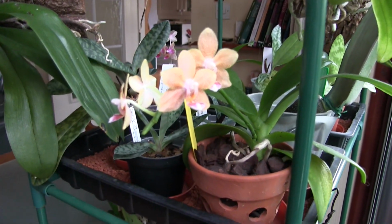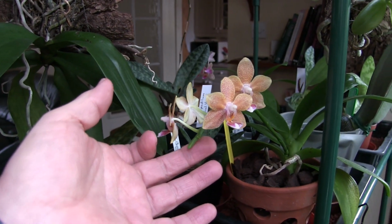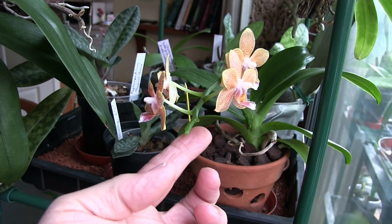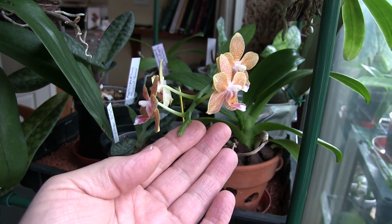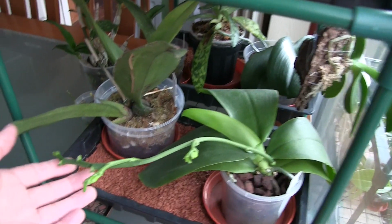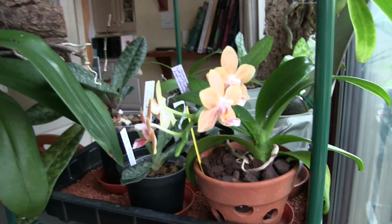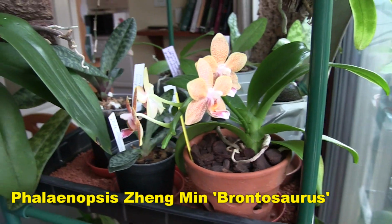I think this one has been the star of many videos, because the blooms are just lasting for a very, very long time. It's only got 4 blooms on the spike, and I'm beginning to realise that when I see a spike that ends like that, and I always think it's going to extend, quite often it just doesn't. I mean, if you look, I know this isn't in bloom, but there's one down here that looked like it was going to extend. Well, luckily it branched, so that's going to bloom. But anyway, that's the Phalaenopsis Singmin Brontosaurus, and